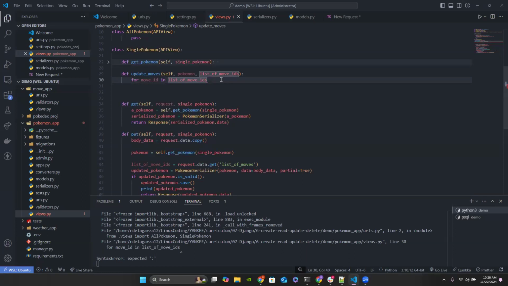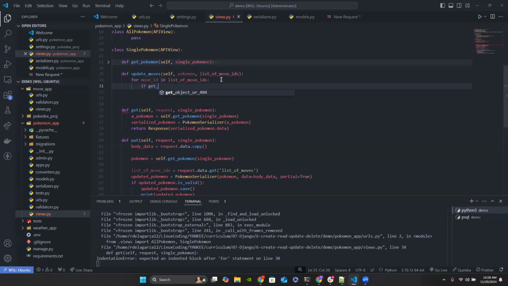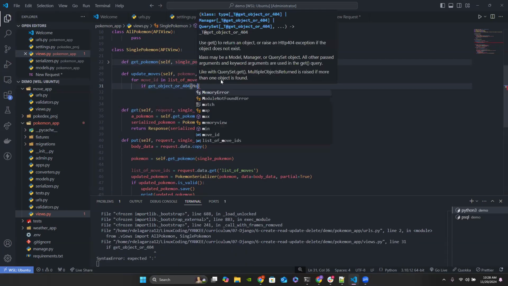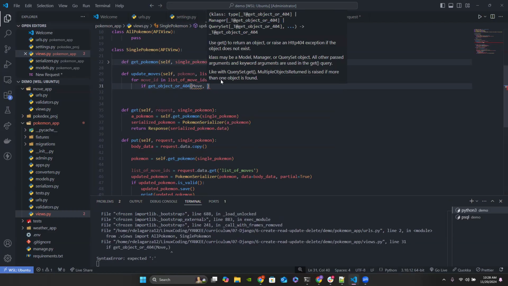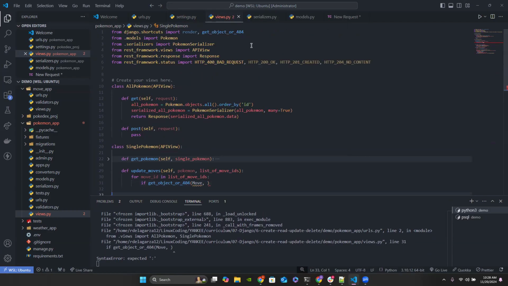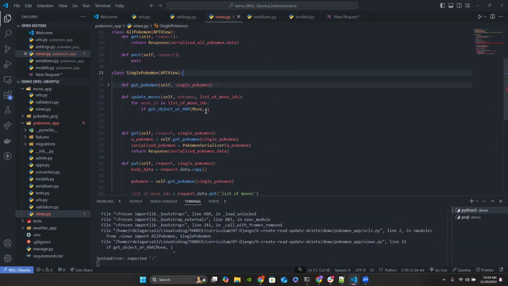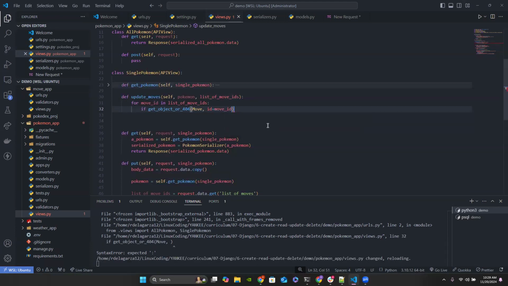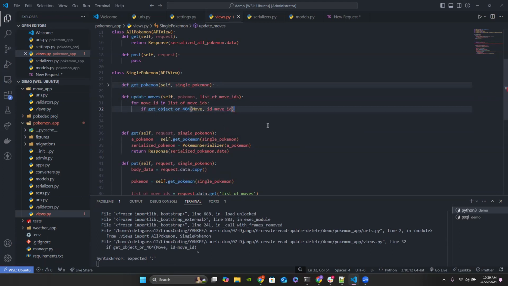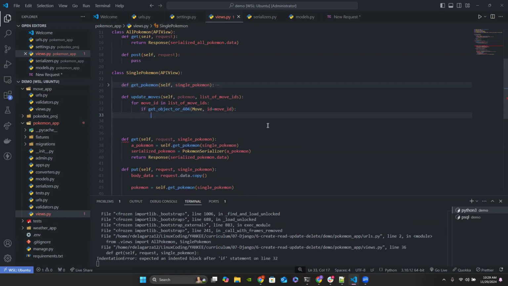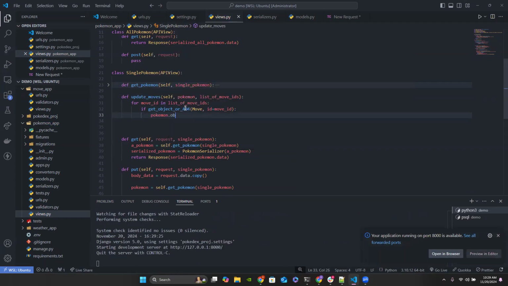I'm going to say for move ID in list of move IDs, get object or for 4, I pass in the model, which should be move. Notice that I don't have access to it, so I'm going to have to import that model. So I'm going to say from move app.models import move. And here I can say, I want to grab the move where ID is equal to move ID. So if I have the ID, then what I should do is call the Pokemon object that I have dot